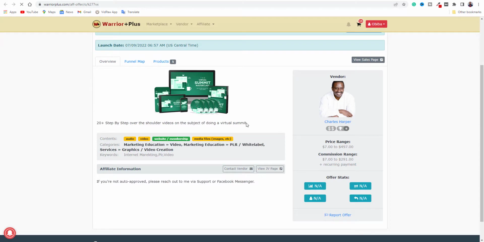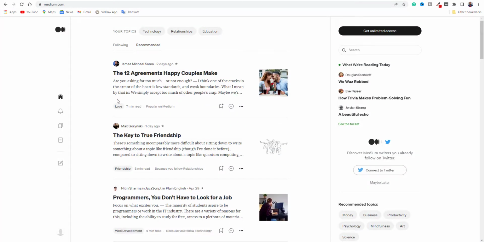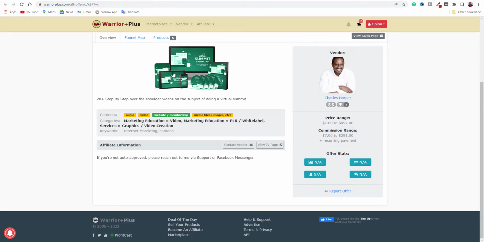Okay, so after having your affiliate link and after receiving the documents, you look at the documents to write a good article and publish it on medium.com. When you get to medium.com and you get your account registered, just click on this pencil icon here. It will open the writing board for you to write whatever you want. It is simple because you are going to have all the documents. Even if they don't provide you documents, just look at the sales page or at the front page of their website. Read something about them, gather some information, and write something simple and nice about them. Even if you can create a YouTube video, it is going to help you a lot.